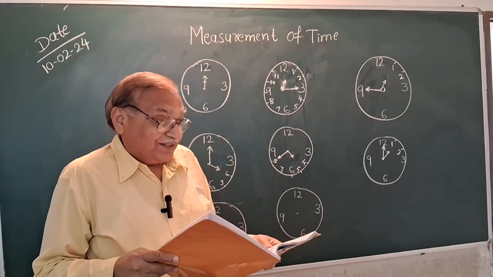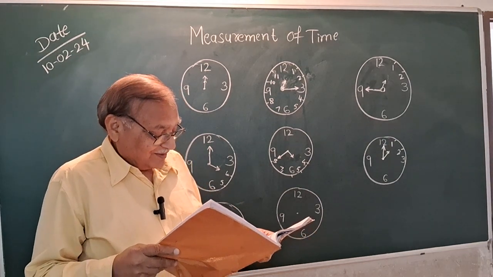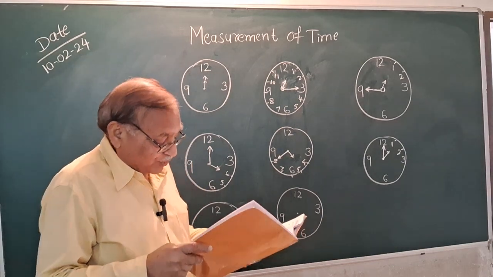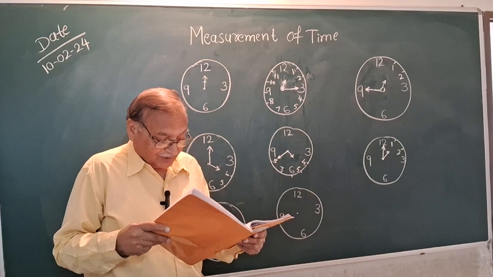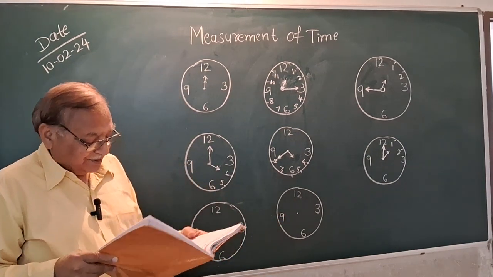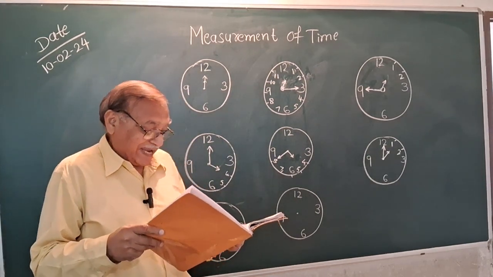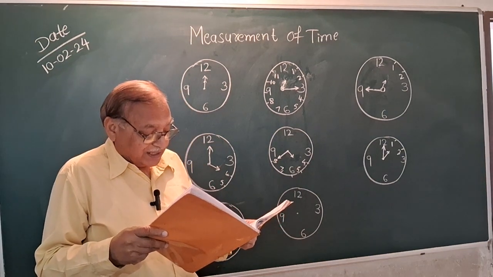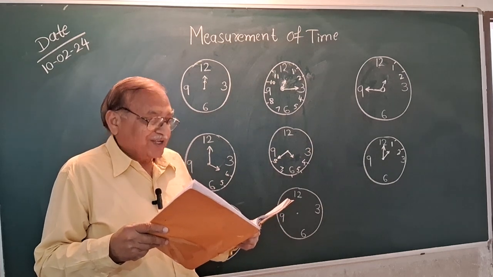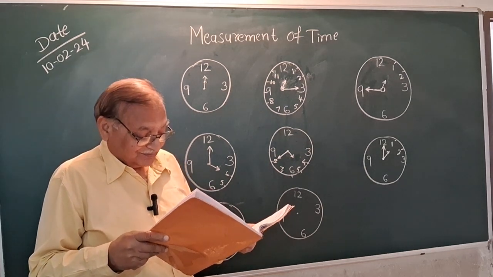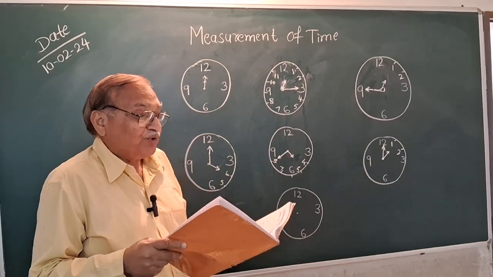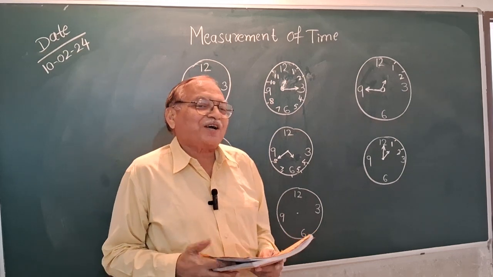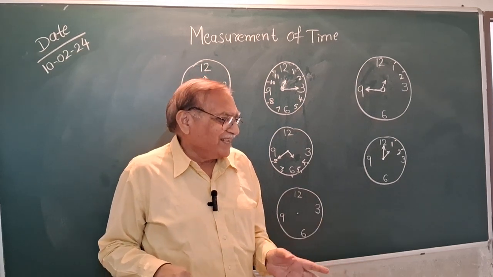Tony says, I got it. If the hour hand is between 4 and 5 and the minute hand is on 8, then because 8 fives are 40, it is 40 minutes past 4. It is 40 minutes past 4, or in Hindi we will say 4